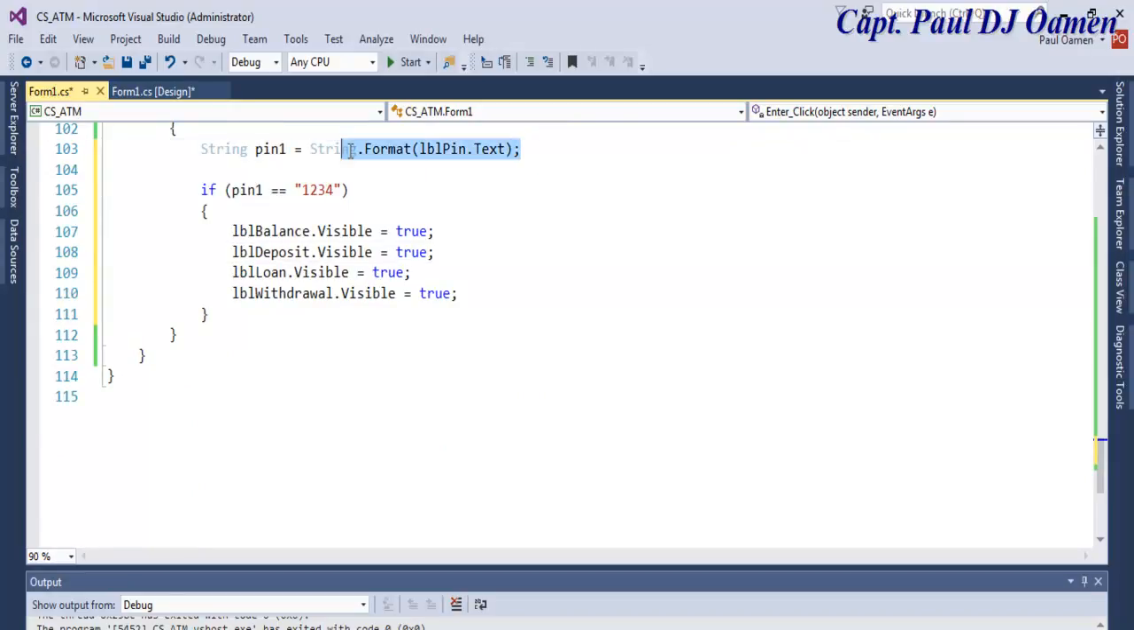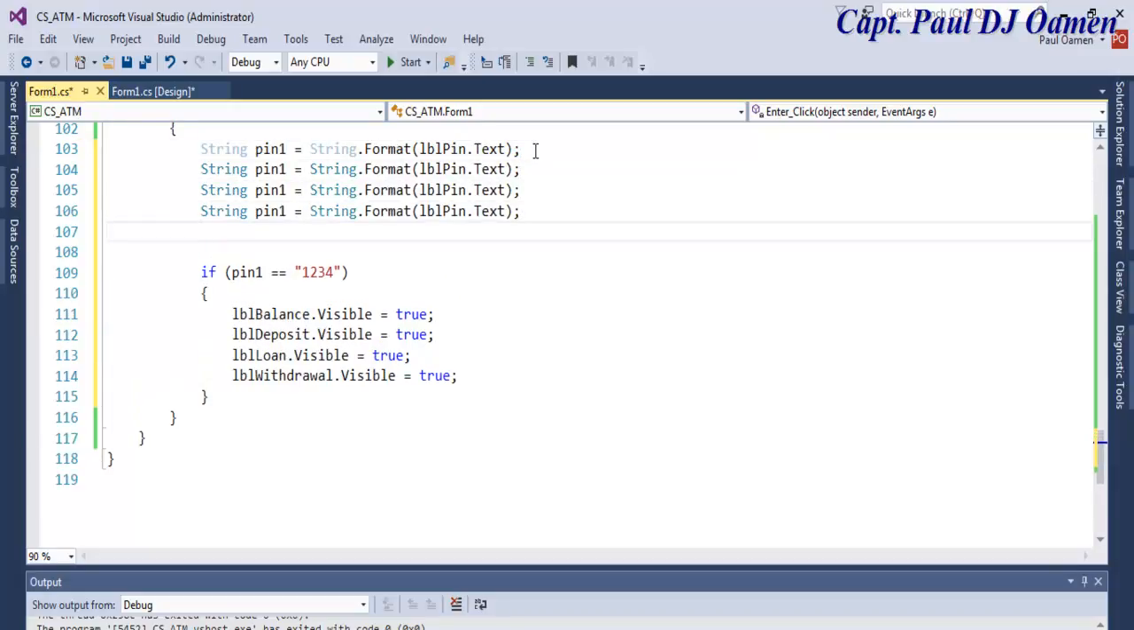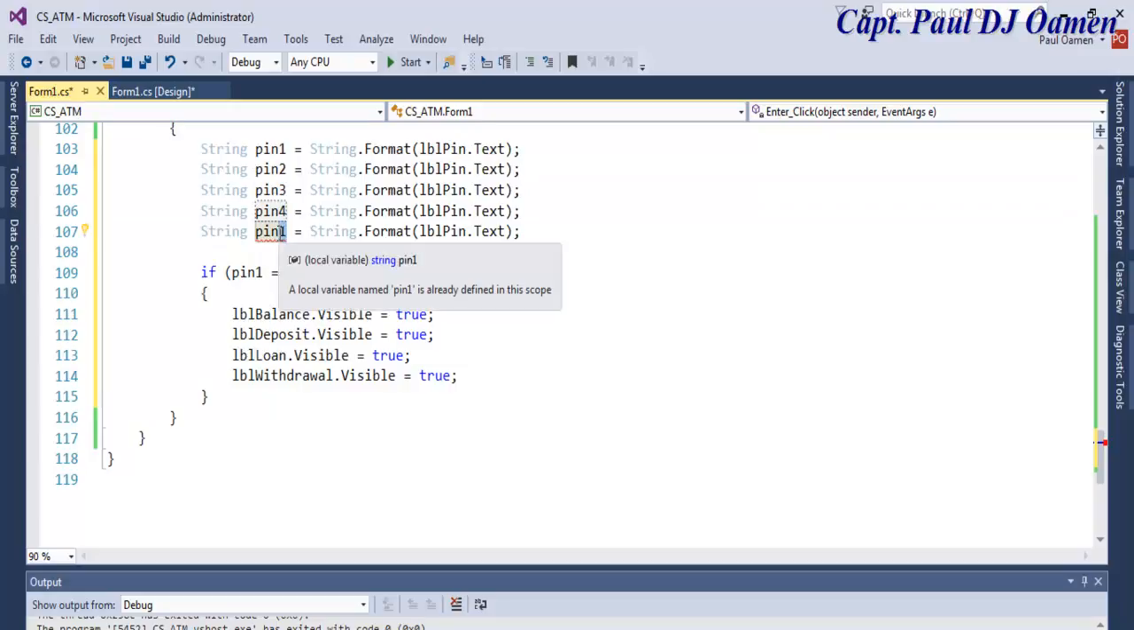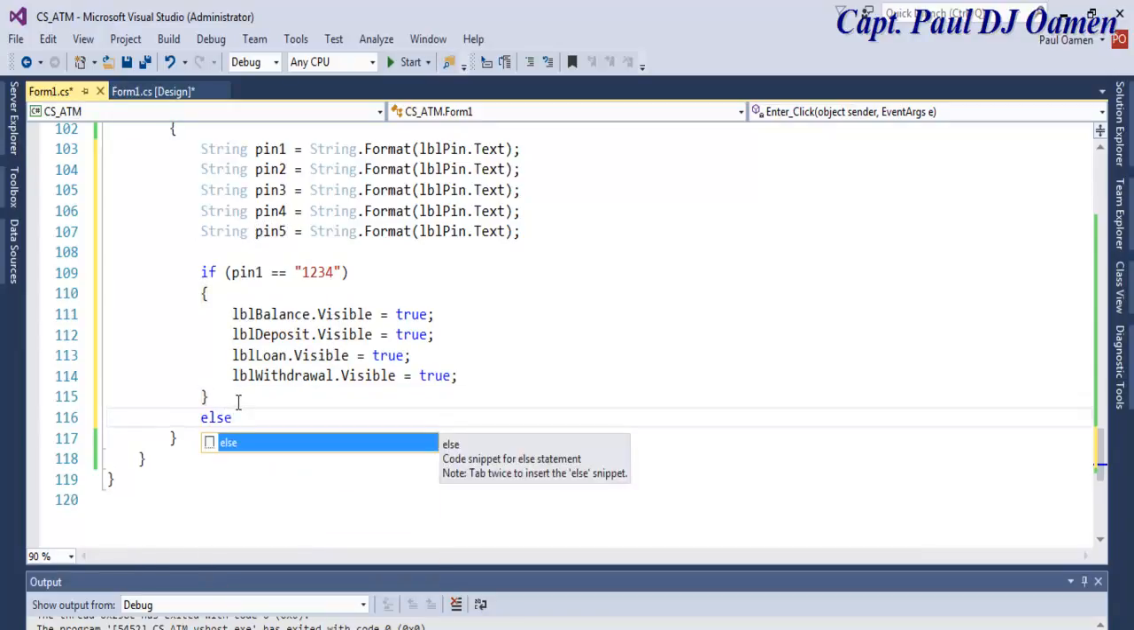Supposing we have another one here, let's declare another one. Up to 5 pins or 4. Okay, 5 is fine. 3, 4, and 5. We have 5 different pin numbers. I'm going to copy these. Now let's say else if